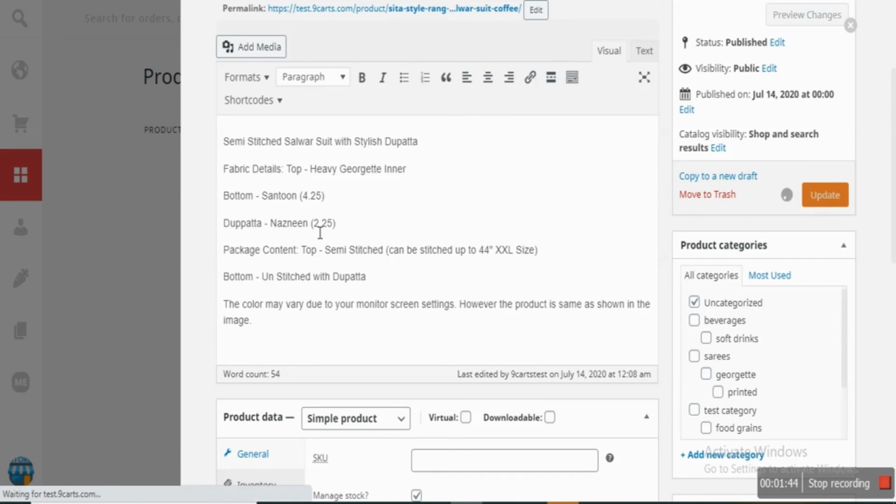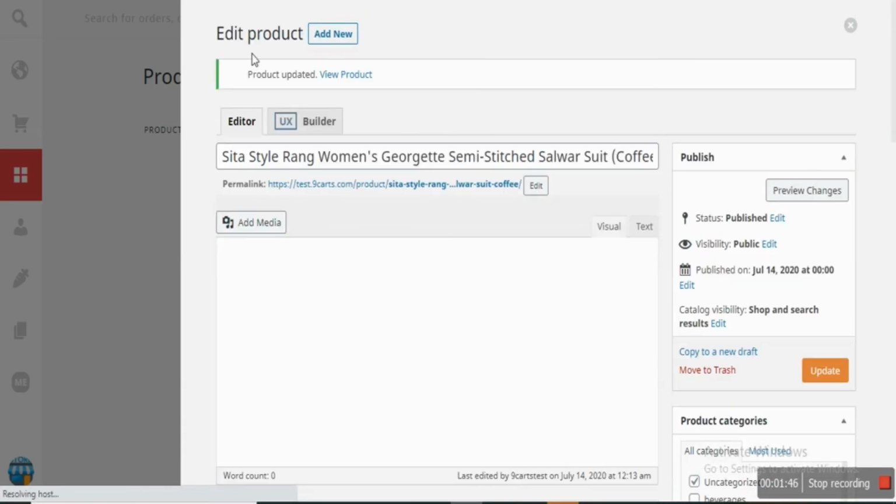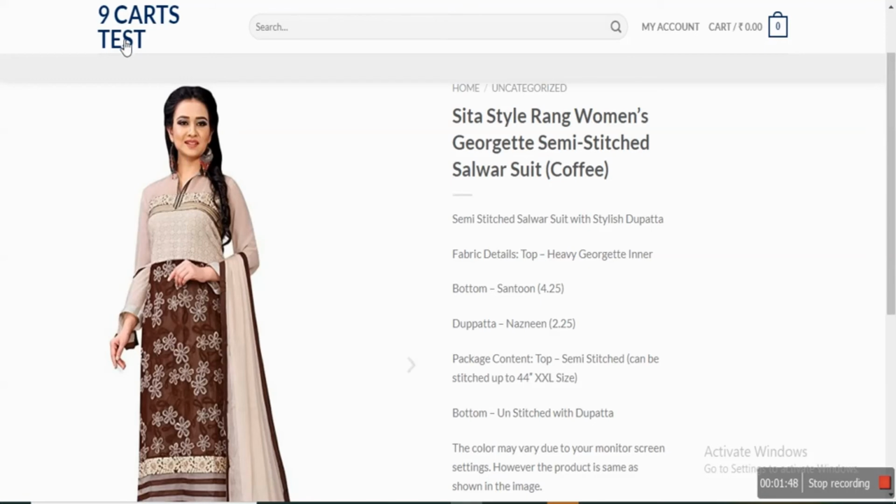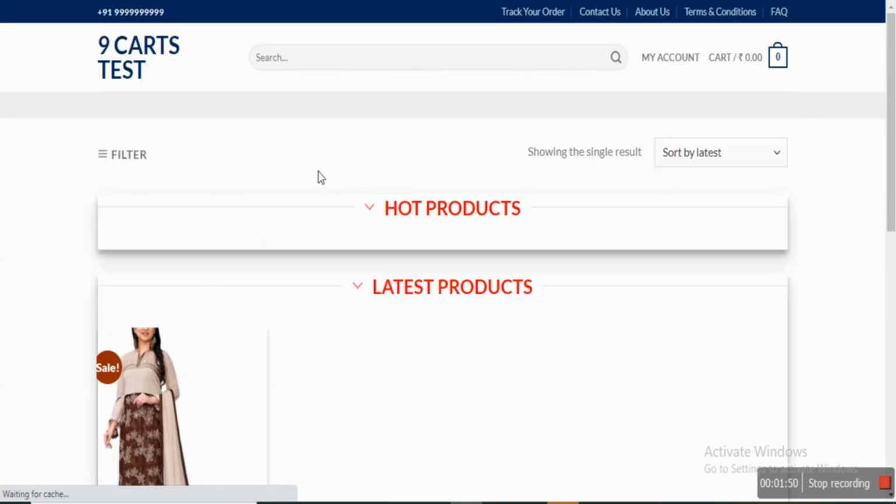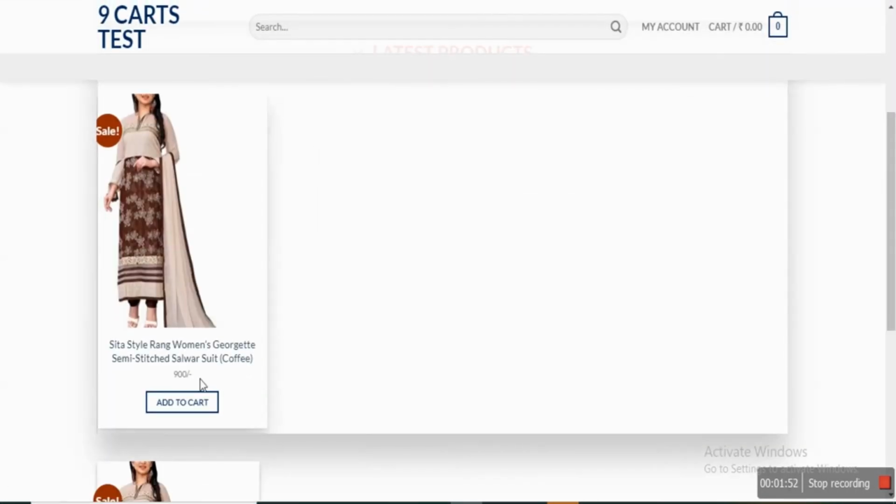Okay, if you wish to see at the front end, then just go here, you can update the page and you can see the price is visible over here. Okay,